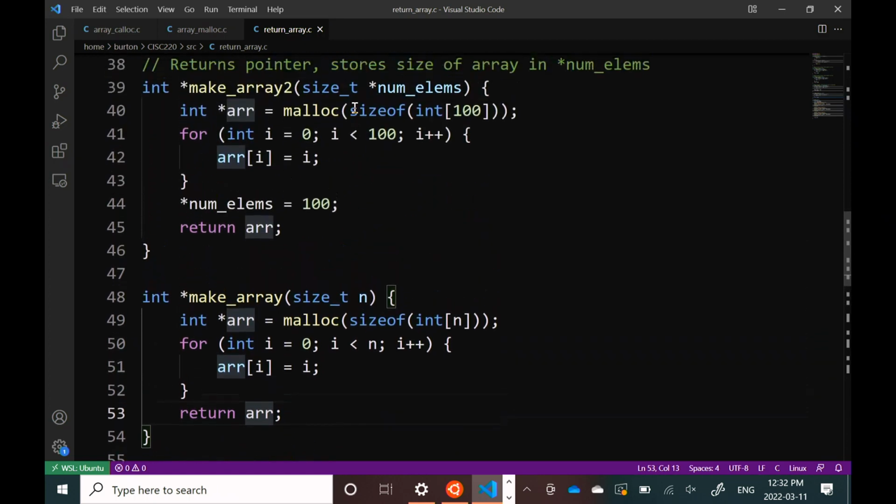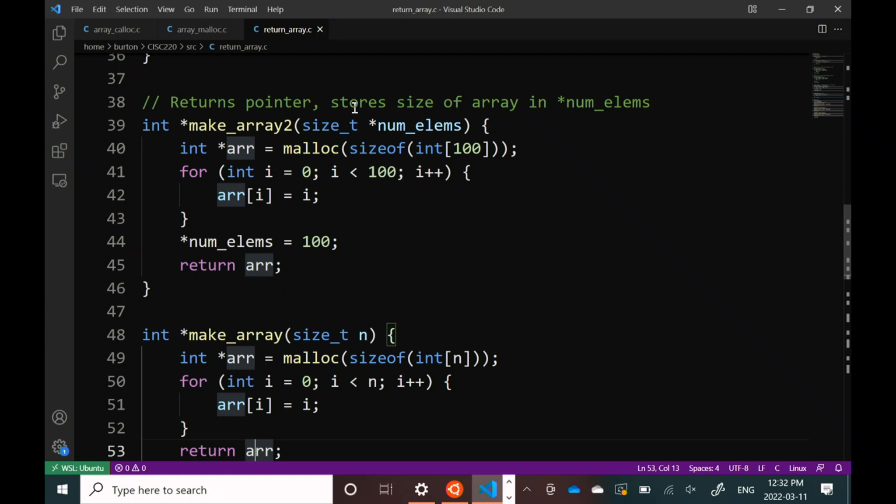The second version of a function that actually worked was makeArray2. In makeArray2, it also returns a pointer to the first element of the array, but it stores the size of the allocated array in the variable num_elems. Because you can't return more than one value from a C function, you need some way to convey the size of the array back to the caller. So we asked the caller to pass in a pointer to a size type variable,